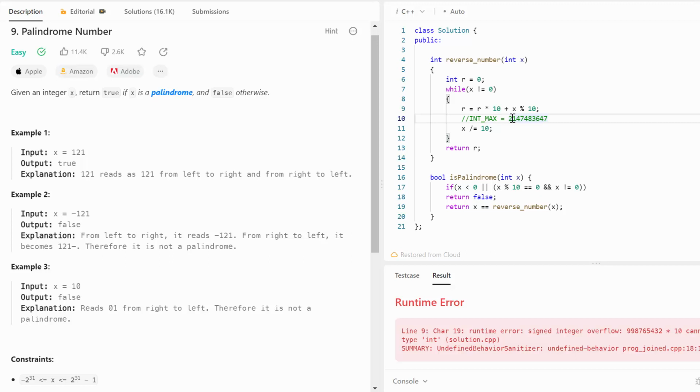And if, for example, we take the maximum integer, that is 2 billion and something, and if we try to reverse this integer, you can see that the last digit is 7, so reversed version will be 7 billions, and 7 billions is already way bigger than our constraints. So 7 billions doesn't fit in the 32-bit integer.